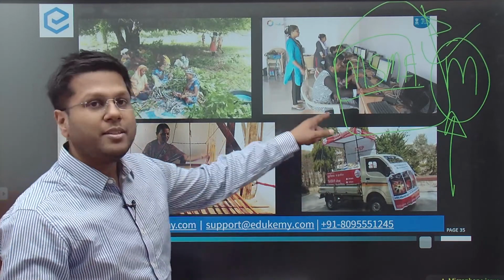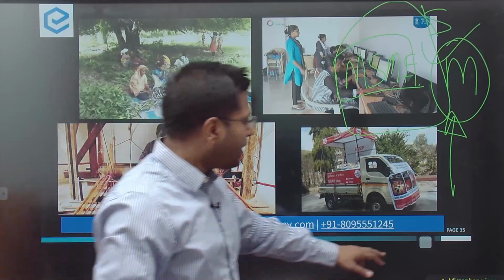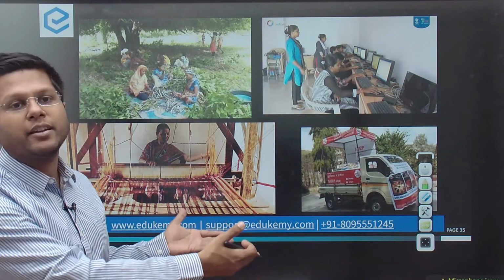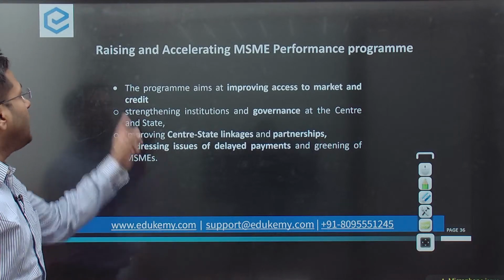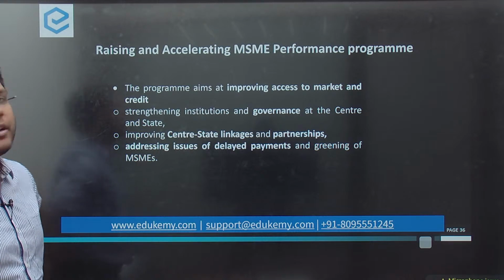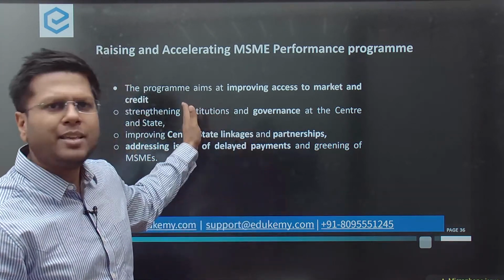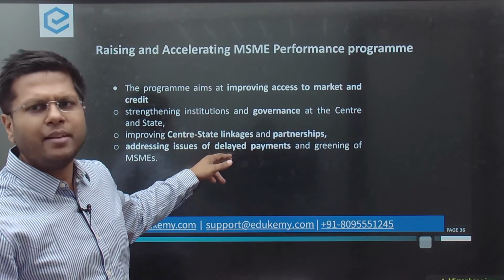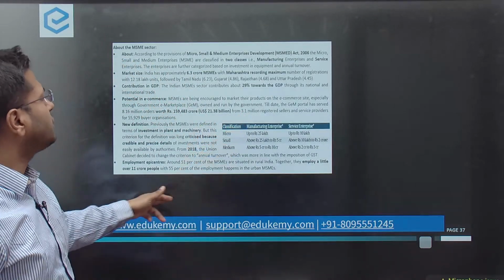Now this is what MSMEs need. So you got to point out 7-8 issues in MSMEs, what the opportunities are for a country like India, and how these schemes are helping. These are the 3 components. You utilize it well and then you will see how it works for you. And you can use RAMP, raising and accelerating MSME performance, to talk about the credit flow for all these schemes, Aspire, Sphurti, and so many, and there are many schemes at state levels which are operating for this, right?